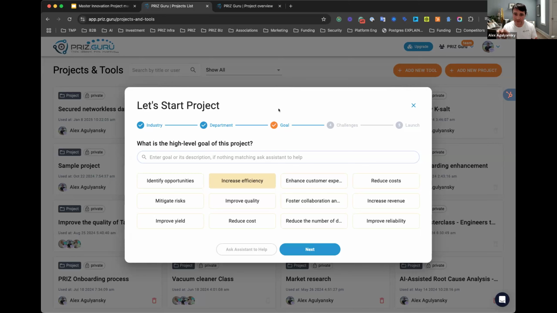Eventually, you might deal with a bunch of other problems coming out of it, but the initial goal has to be a single goal. Again, focus. Let's assume that your efficiencies are not good and you want to increase those. But say, in the same department, you're suffering from quality issues. Would you then have to do the same interactions again, start from semiconductor, whatever, and go through the same process? So you have multiple projects, I guess, but each one with a specific goal, right? Right. It's a different problem to solve, right?